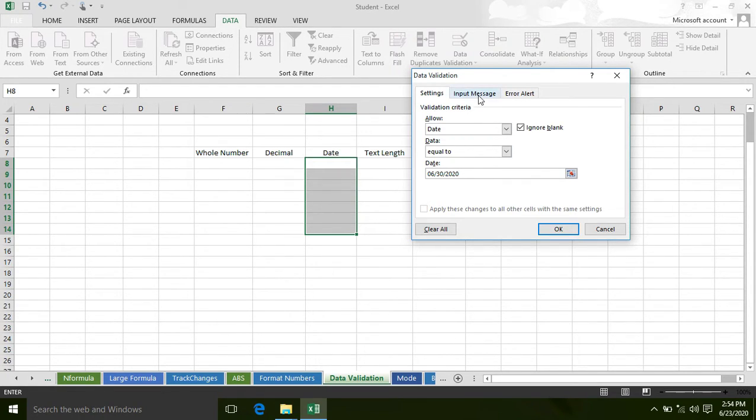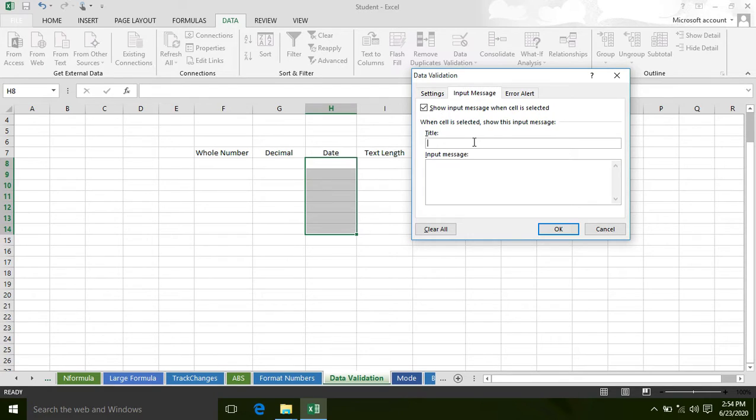But first of all, click on input message and type: type a date equal to 30th June 2020.